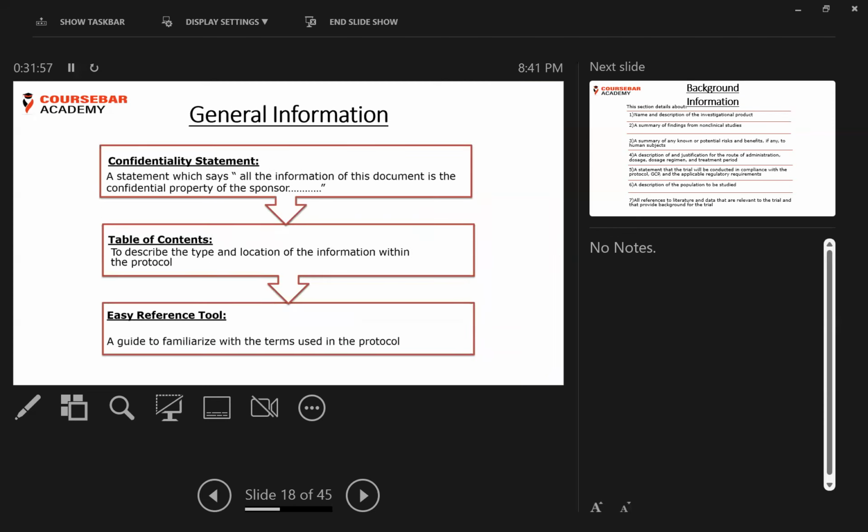So general information, again, goes a lot about a confidentiality statement. Now, the confidentiality statement is very important. It's a very important piece of the protocol. Why? It usually gives a statement that says all the information of this document is the confidential property of the sponsor, which means that if a sponsor gives out that protocol document to the site, the site is not legally allowed to give that protocol to anybody else,